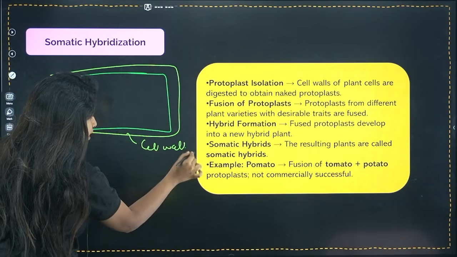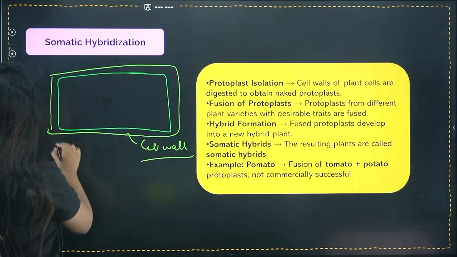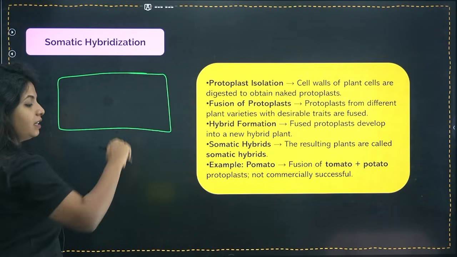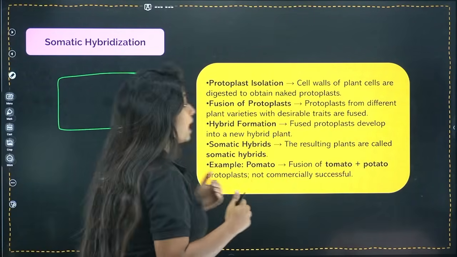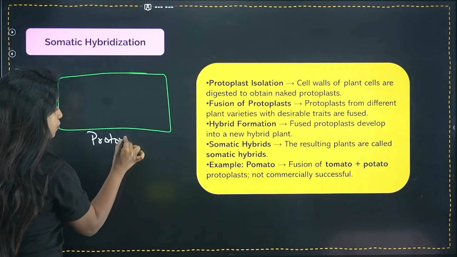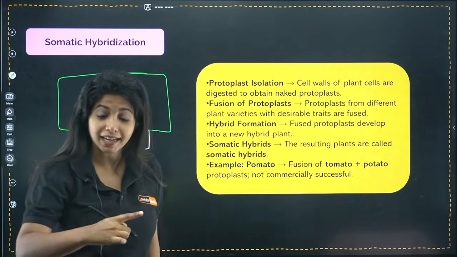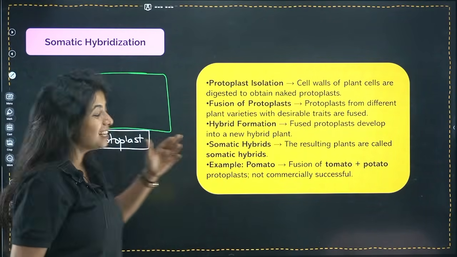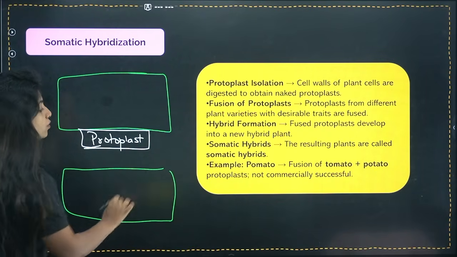Now suppose I am removing the cell wall of a plant cell. Let's do that. What is left behind? Just the cell membrane and all the cell contents, right? I will call this a protoplast. So basically, when I remove the cell wall of a plant cell, the remaining structure, I'll call this a protoplast. Similarly, suppose I take another plant cell in which I have also removed the cell wall,